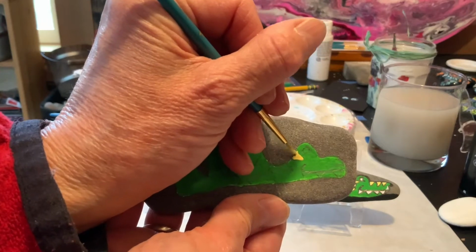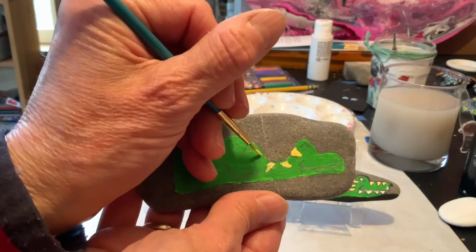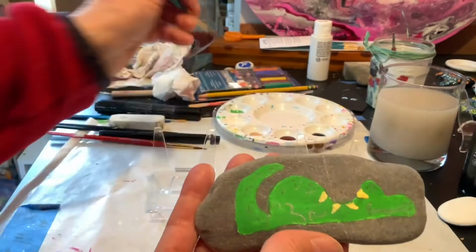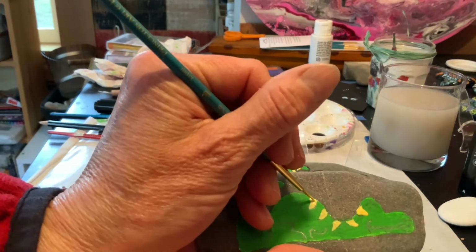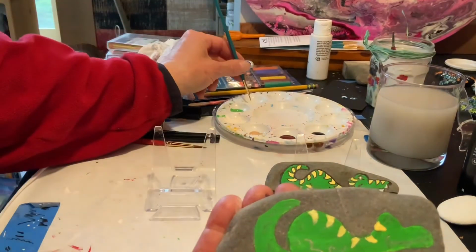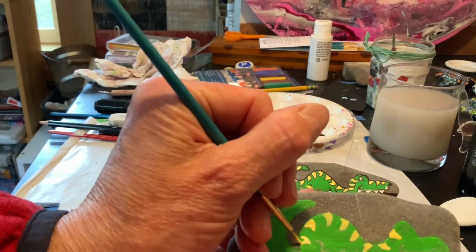If you wanted a brighter yellow, you could do that, or whatever color you choose. Okay, so I'm just going to start doing his, I don't even know what these are called, scales. That's what I'm calling them. But anyway, they're pretty small, so if you have a small brush, that's the way to go. Or if you have a bunch of paint pens that are different colors, you could use those. You know, a yellow or whatever color you like. I do have some paint pens, so I really could be doing that, but for some reason, I prefer using the paint